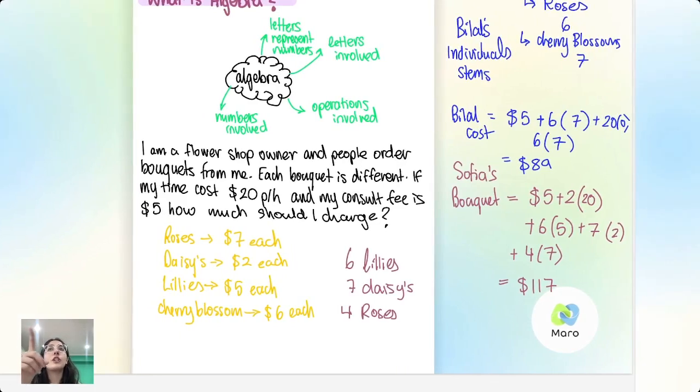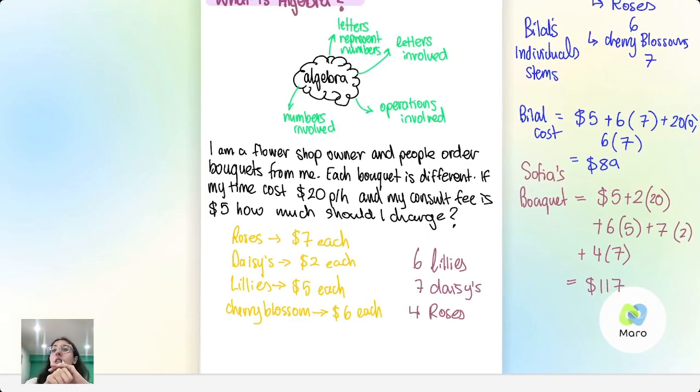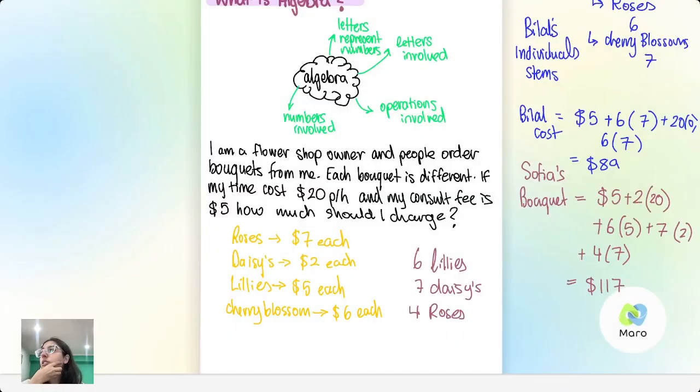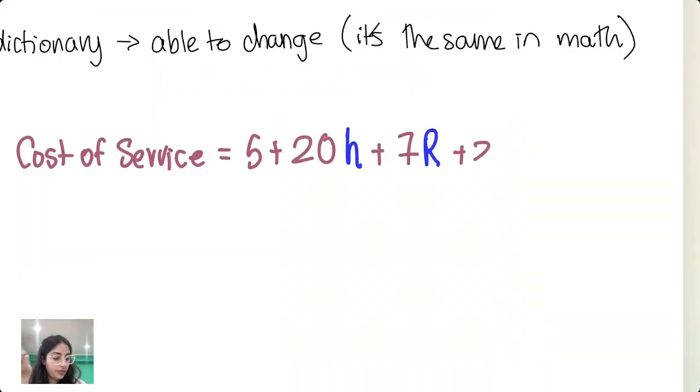So how much do I charge for roses? Let's say 7 times however many they want, which is, what variable did we say it would be? Just R, right? And that's how many roses. So we're going to say 7 times R for how many roses we use. Let's do the next one. Sophia, how about daisies? 2 times D. Beautiful. Perfect. I thought it was 2 times 3. No, 2 times D.